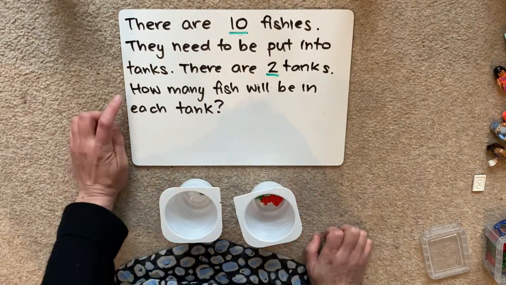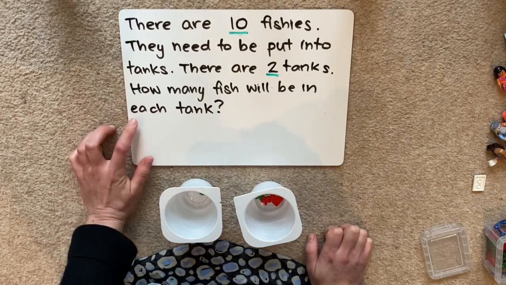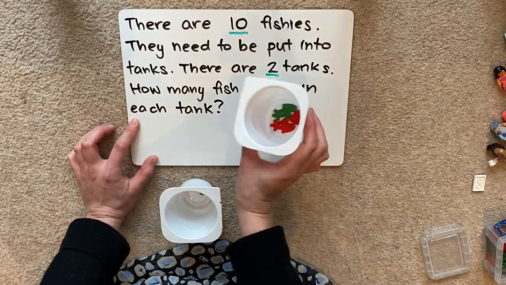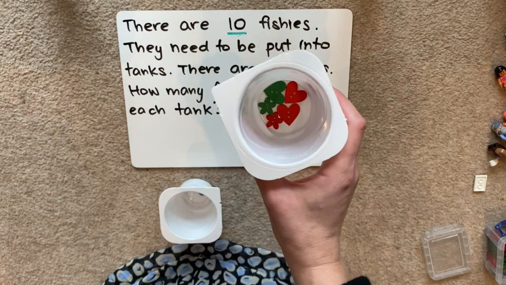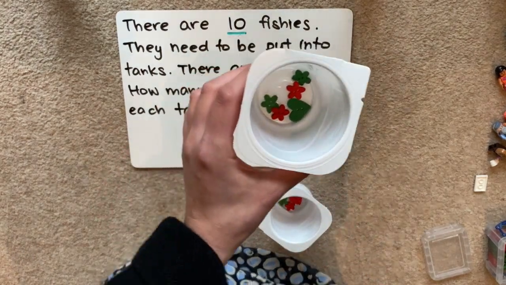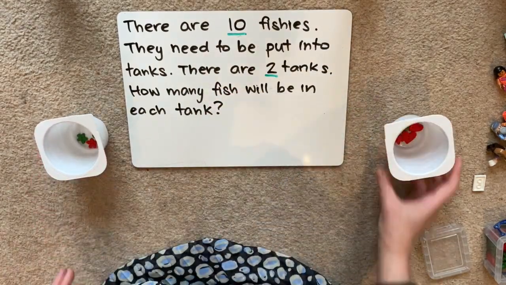And the question is asking us how many fish will be in each tank. Remember, each means 1. So how many fish are in 1 tank? There's 5. There's 5 fish in that tank. And there's also 5 fish in that tank. So our answer is